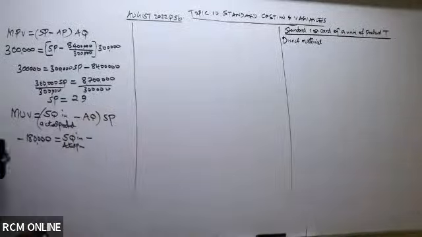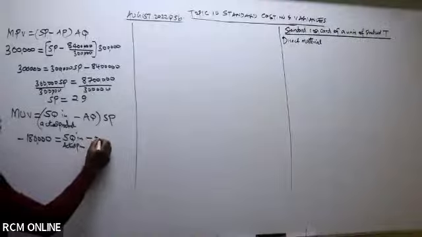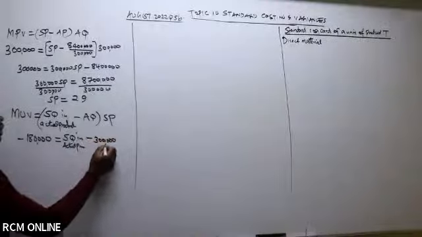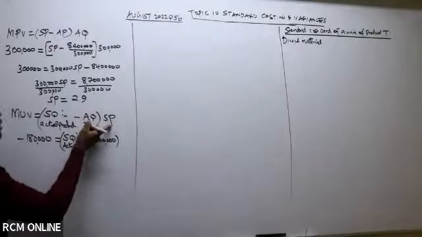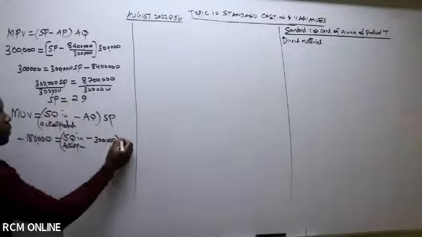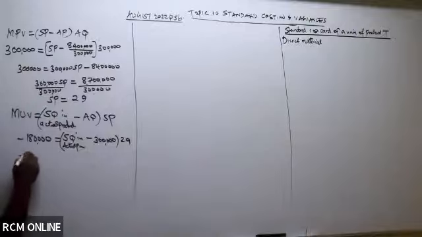Do we have actual quantity of raw material? Yes, 300,000 kgs. Then we need to multiply that by standard price, which we already calculated up here as 29. We need to break the brackets, right? So negative 180,000